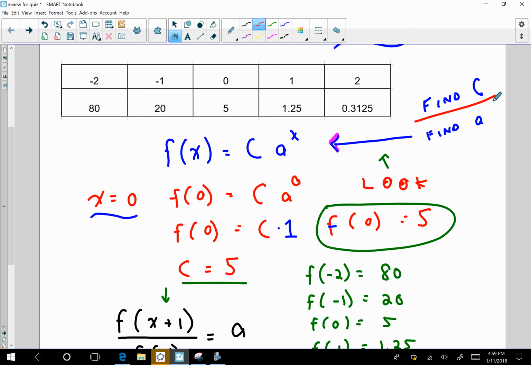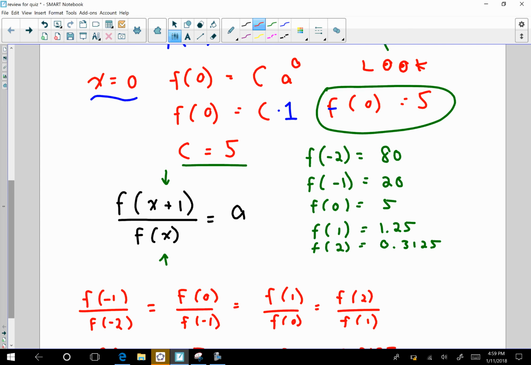And I have to go back and review in my notes. I gave this very important property of exponential functions. And this property is that f of x plus 1 divided by f of x is equal to a. So if I have two x values that are separated by 1, if I divide that quotient, that's going to equal what? A. And if I look at the values in the table, I see f of negative 2 is equal to 80, f of negative 1 is equal to 20, f of 0 is 5,